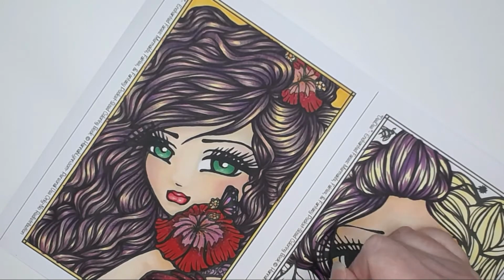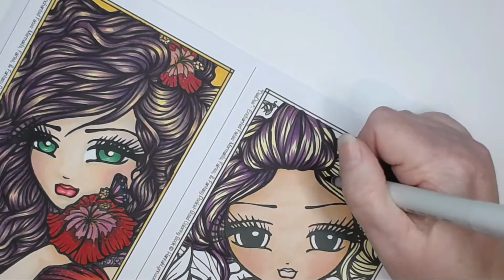So I will go into a little bit more detail in how to do the hair and the skin details